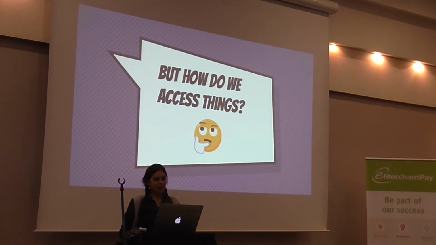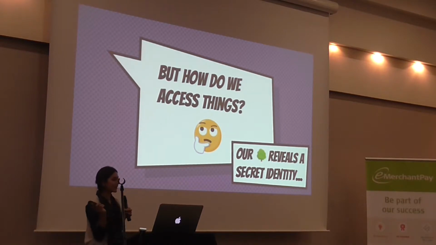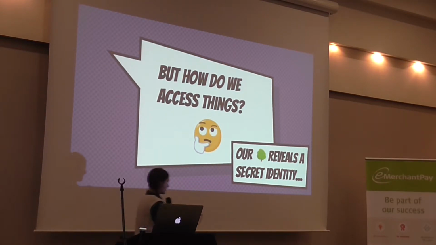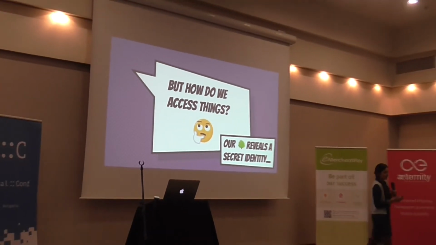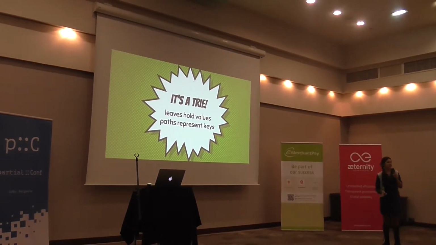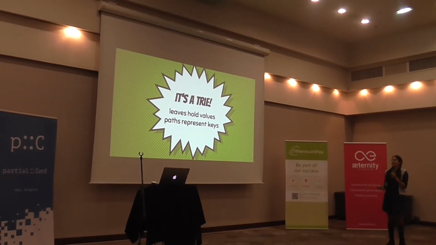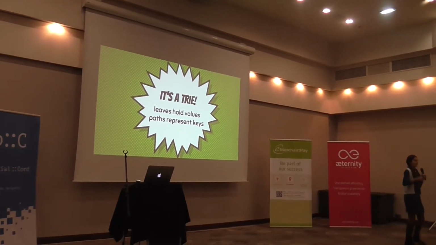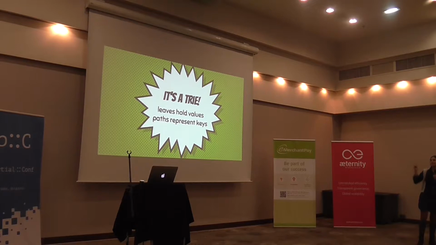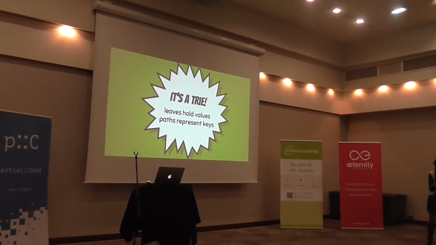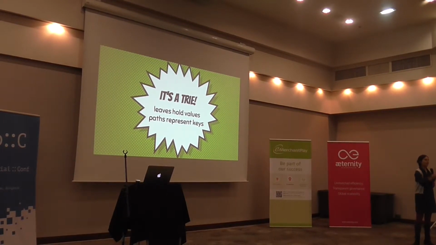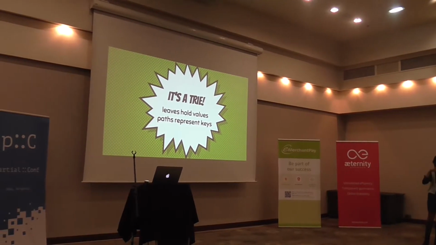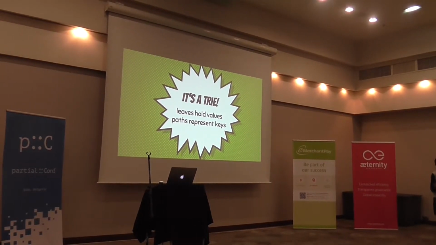Okay, so what about when we want to look up something in our data structure? How do we access things? And this is where it turns out that the tree that we've been using has had a secret identity all along. Dun, dun, dun. It has really been a tree. What? No. Our TREE tree has actually been a TRIE tree. TRIE from the word retrieval, because this is a data structure that's often used for retrieval, although usually it's pronounced "try" to distinguish it from TREE tree, so I'll say try, or at least I'll try to remember to say try. Okay, so a try is a special type of tree